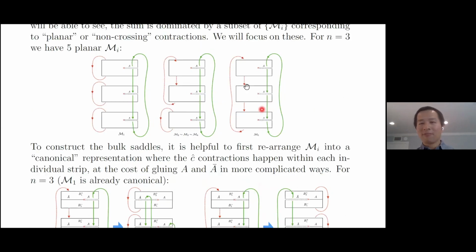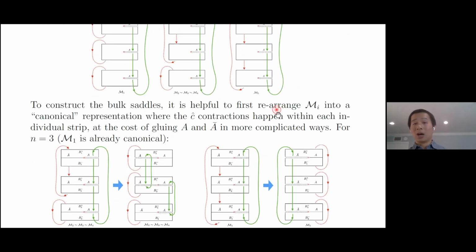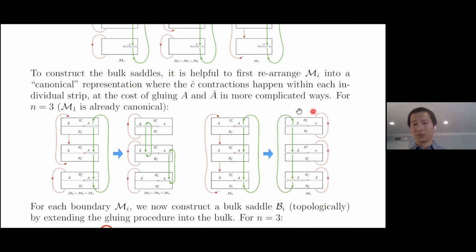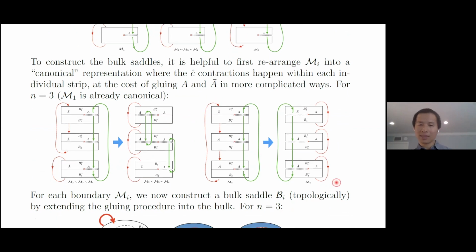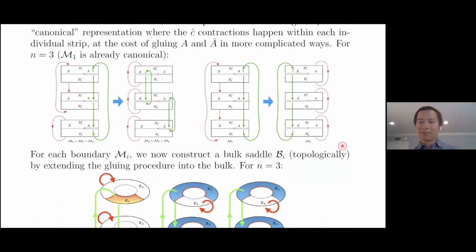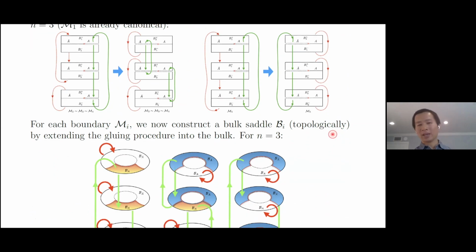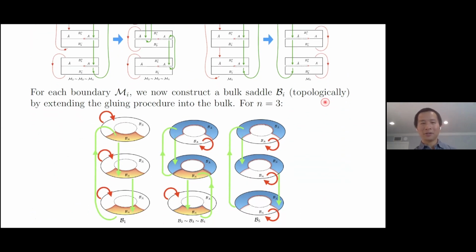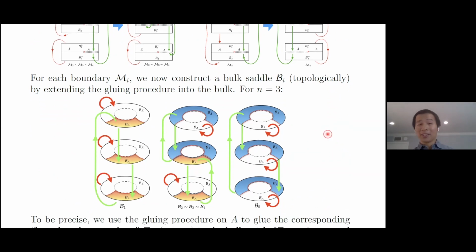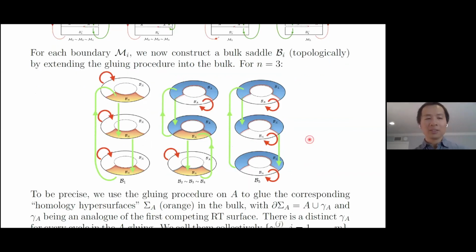For the M5, the second replica symmetric manifold, we can also arrange it into a canonical representation. Now, if we have the canonical representation, then it's easy to construct a bulk saddle, at least topologically, by extending whatever we're doing on the boundary into the bulk. So again, for n equals 3, the 5 possible bulk topologies are now given by the corresponding gluing in the bulk. And to be very precise,